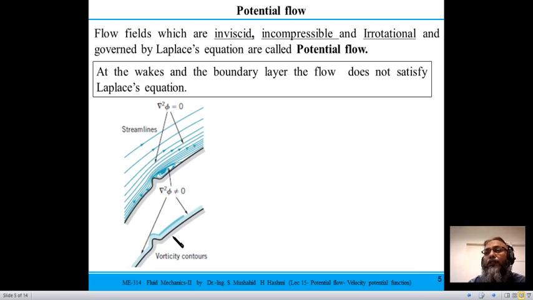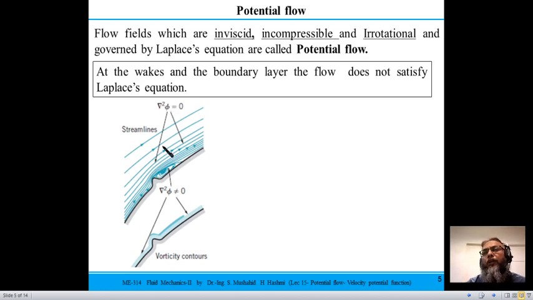So in those regions, we cannot apply the potential flow theory. In fluid mechanics, people divide two regions very distinctively. One region is one in which the condition of irrotationality is satisfied and Laplace's equation is observed, so we call that flow potential flow, and that would be the flow away from the boundary or having no wakes in it. So such flows are mathematically treated as potential flows, and as we know, if we know these functions, we